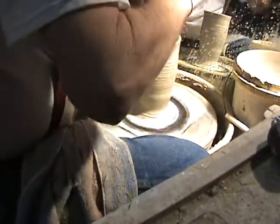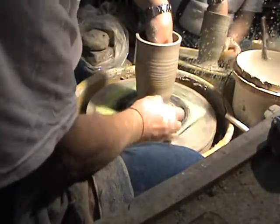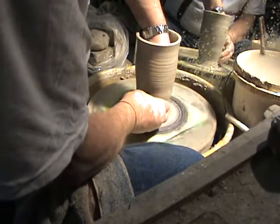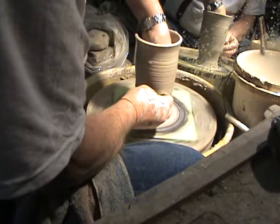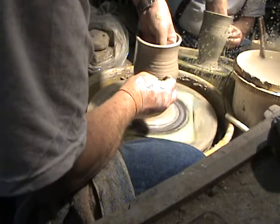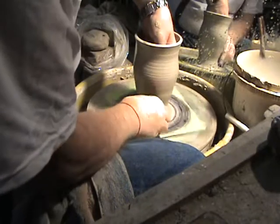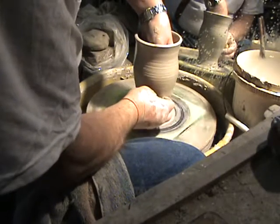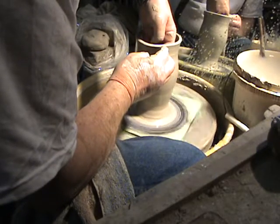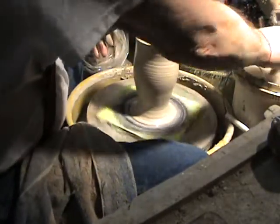And now from this point, we're going to make the vase. This is all shaping now. Smoothing out the bottom, coming up the piece and starting to swell it out a little bit. Nice natural flare right there. Easy does it. Okay, now we're going to do a collaring action on the top because it's too